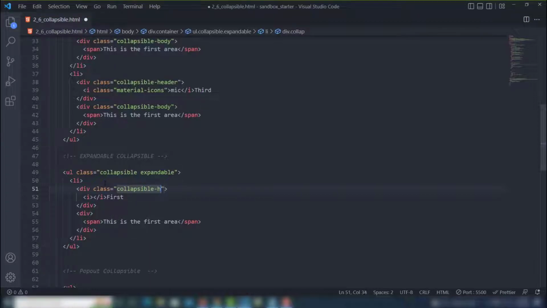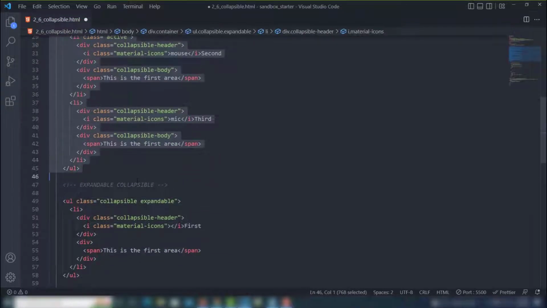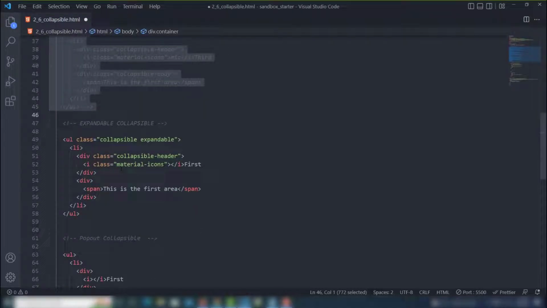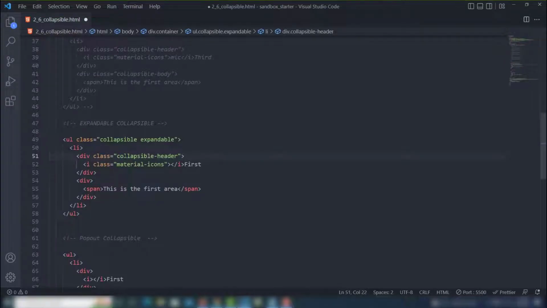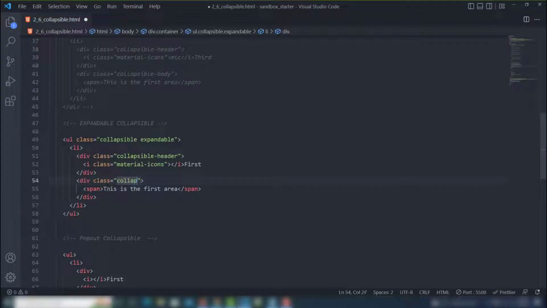Collapsible header, and this will be material icons. First I'm going to comment out the code above because I'll show you step by step. So Materialize collapsible header, and then collapsible body, right? And inside the icon I'm going to use font,